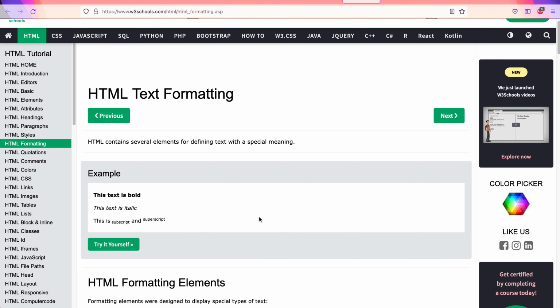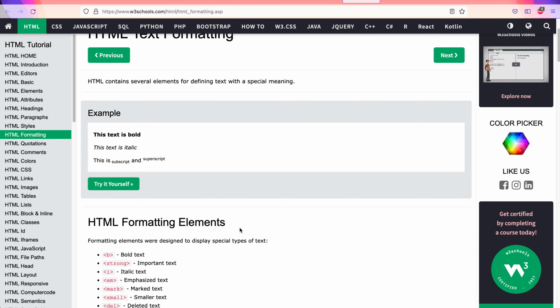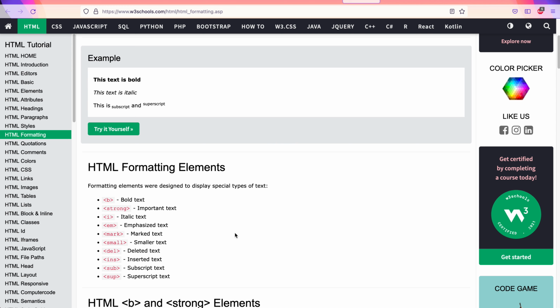Two most important formatting tags are the bold tag and the italics tag, which is a B tag and an I tag. There are many other tags that are possible. We will not go through every single technically available tag that is in HTML. We will just cover some of the important ones.